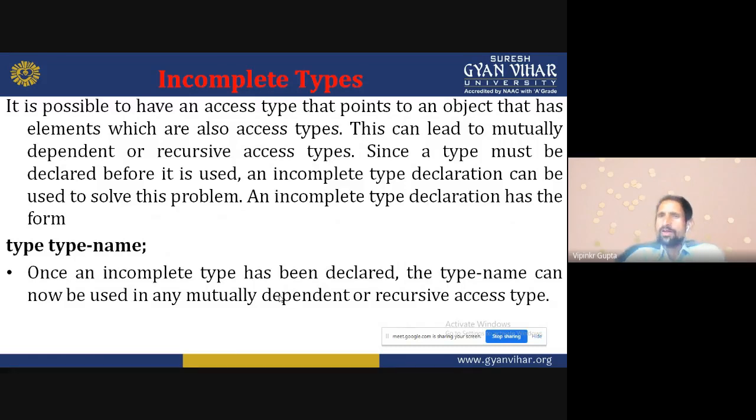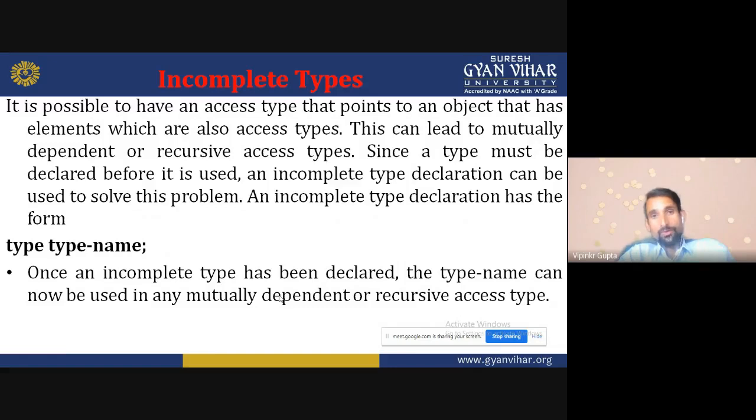Suppose that I am writing one program. In between, we have not declared one object, and I need this object. So how do we declare that? Using an incomplete type declaration, we can do that declaration in the middle of the program.